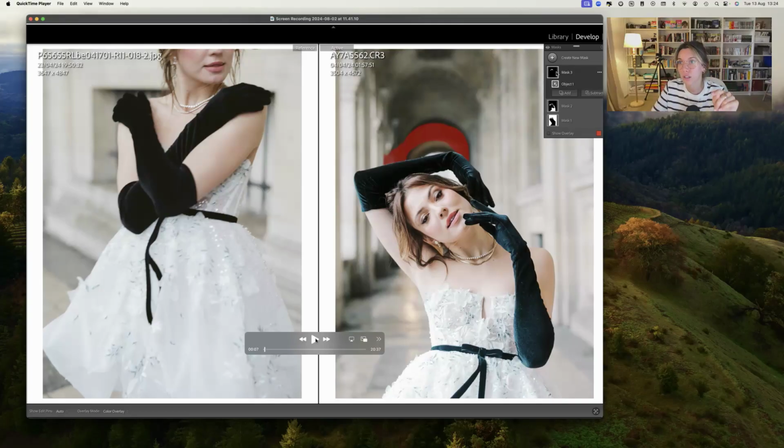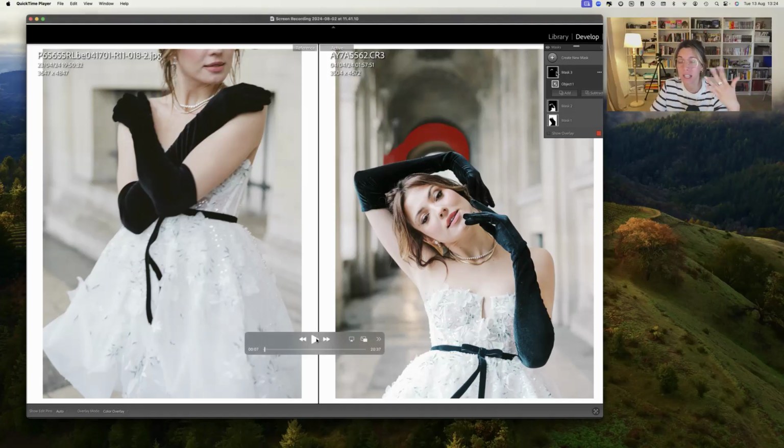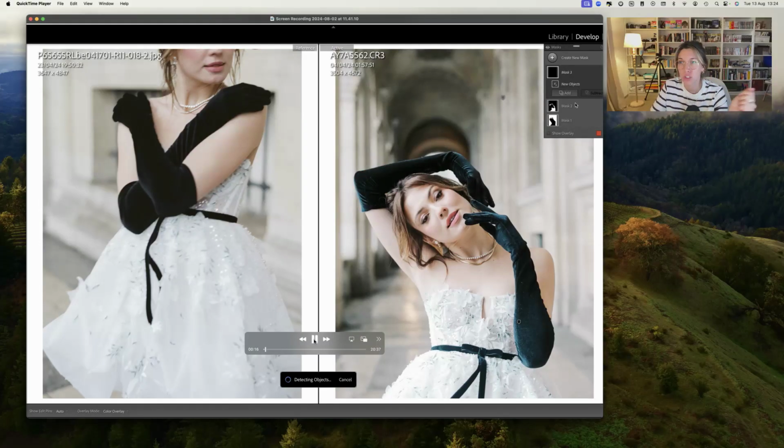And as you can see, there is an object there, object number 1, which is detecting this part of the image where her glove was in the image where I copied the settings. But it's not in this position now. So instead of adjusting that, what I did was clicking on object number 1 and I deleted that. So it's still keeping the mask for me, it's still keeping the settings, but I deleted the brush on the object. And then what I did was to add new objects, and I am just very broadly,